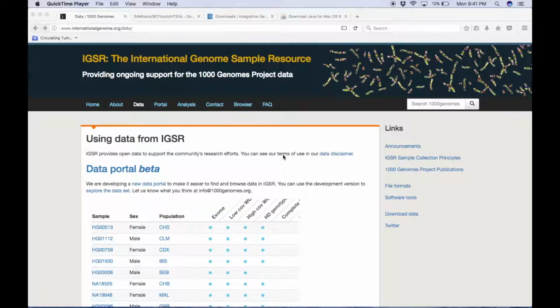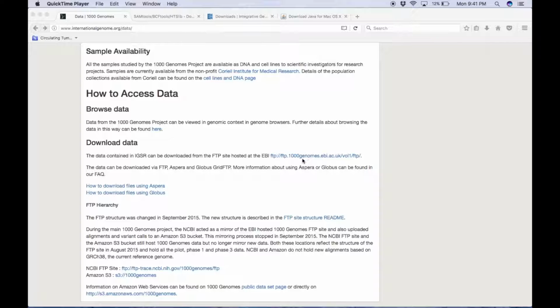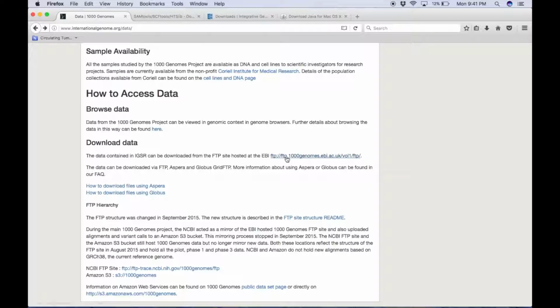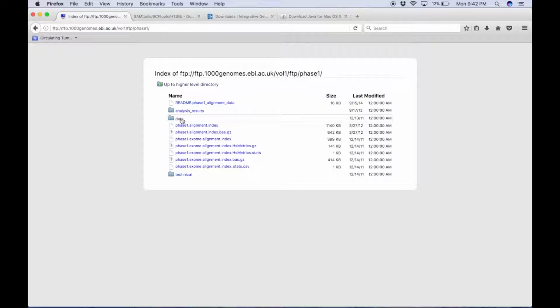I'm going to use data from the 1000 Genomes project. You can get that data at internationalgenome.org/data. If you scroll down here, you can follow this link and get some data. I'm going to go here to phase 1. You can find data in phase 3 and other places on this site, but I'm going to go to phase 1. I'm going to go to data,